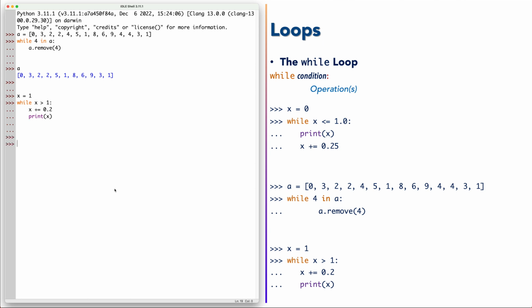Now, as you see here, the loop didn't do anything. Why? For a simple reason, because the condition at the beginning was not satisfied. If we change this condition to larger or equal,